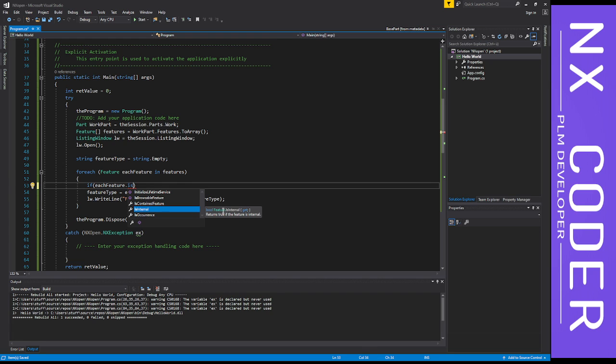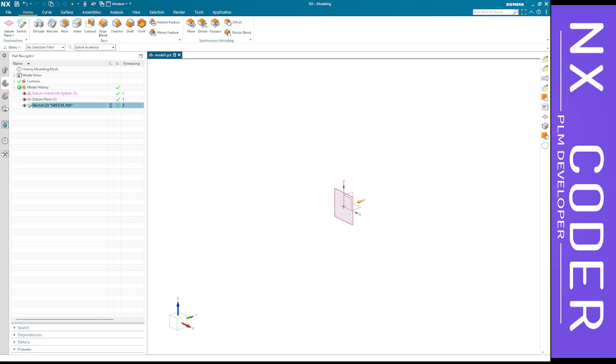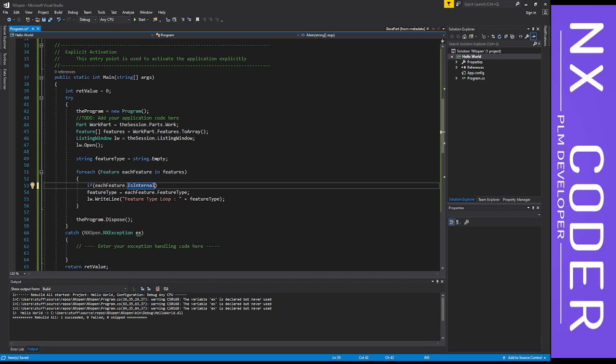What is an internal feature? As I said before, some of the features that we saw in the listing window are internally created. So it is like a base feature. Over that base feature, the other feature is built, but we don't see it in the listing window or in the part navigator tree or feature tree. So I can check whether it is